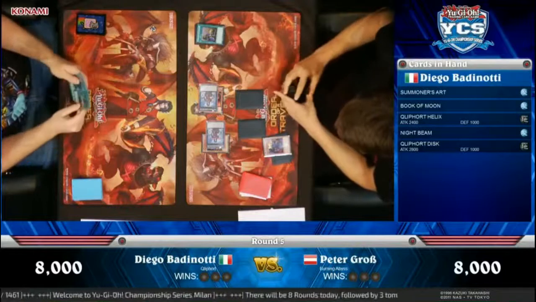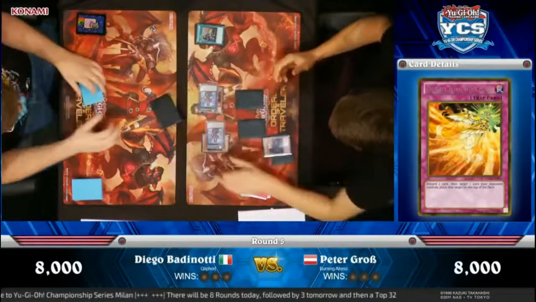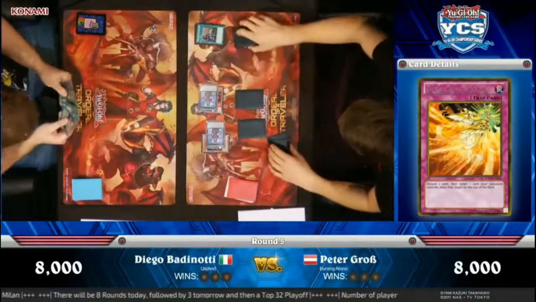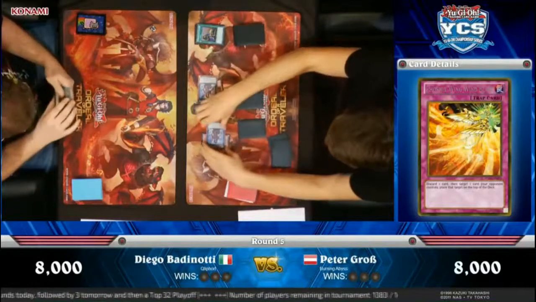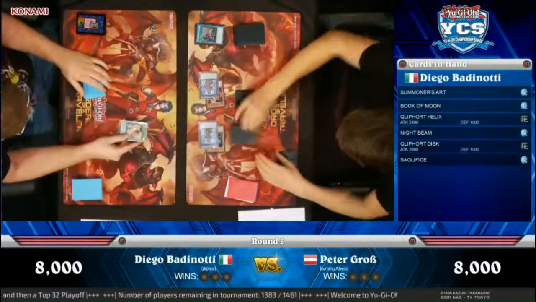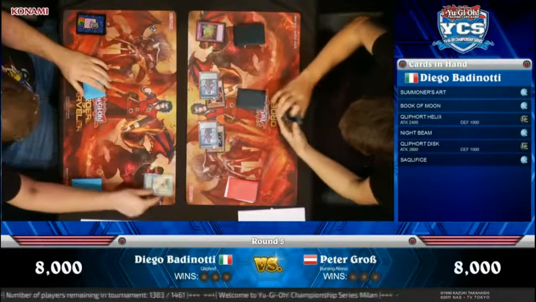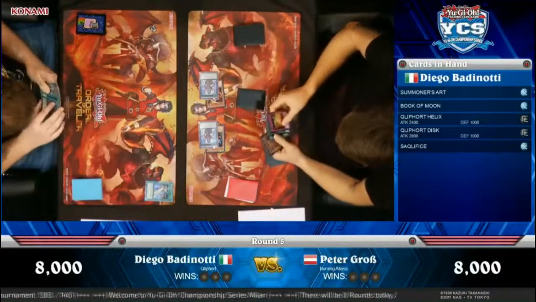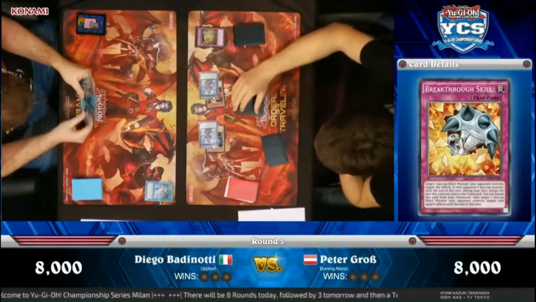But all that needs to happen is that Night Beam needs to hit it. Oh yes, there's a good chance that this could happen. But then again, do you activate Night Beam when your opponent has 2 face-down cards? Do you just gamble? It's debatable. I mean, what has he just drawn there? A Sacrifice. A Sacrifice as well. And Night Beam. Night Beam has hit. He does hit. The Phoenix Wind Blast. Very good opening for Diego Badinotti, taking out the one card that was able to foil